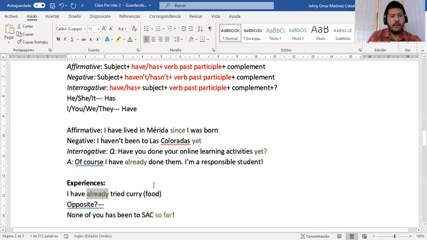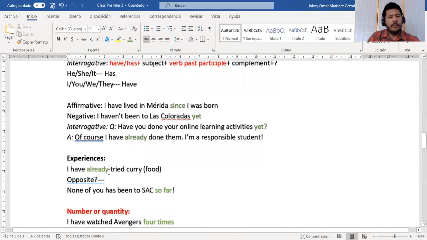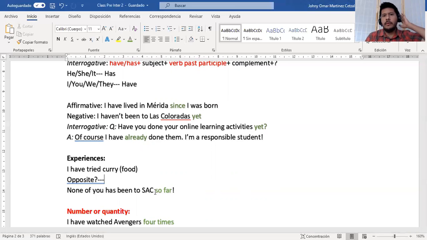And so another green one is practically the same meaning. Now, already gives more emphasis to something that you have already done, okay? You have previously done. What's the opposite, okay? Let's take away already so it works easily. Tell me, guys, what would be the negative of I have tried curry? Okay. There are two versions in which you can make this one negative, but probably the one that you use is this one. I haven't